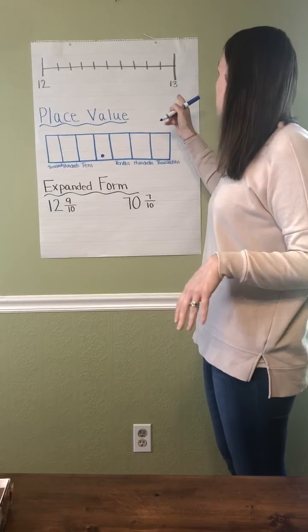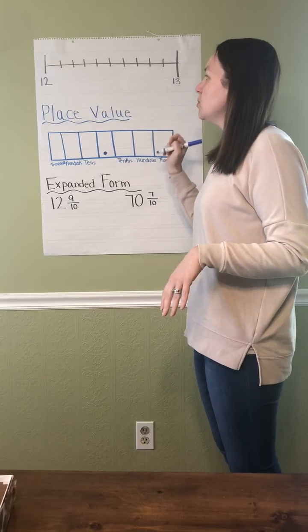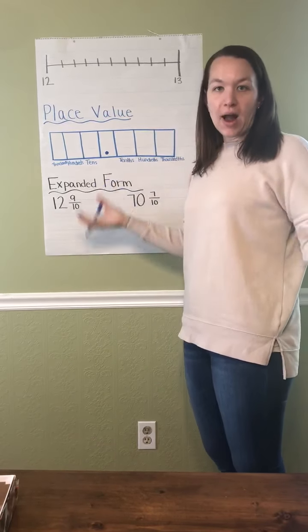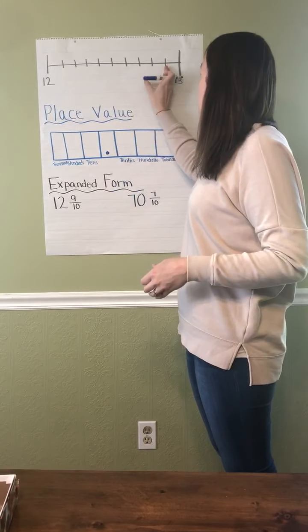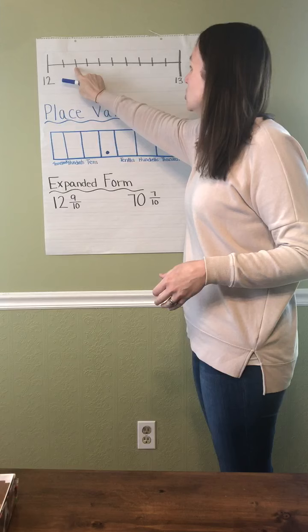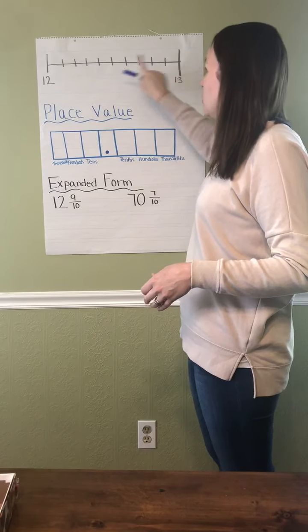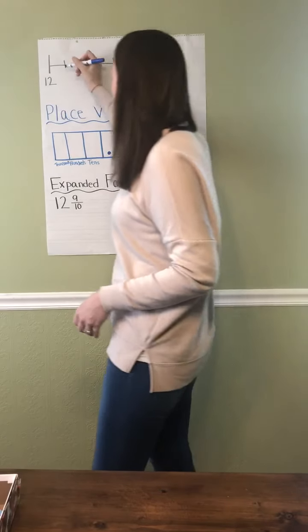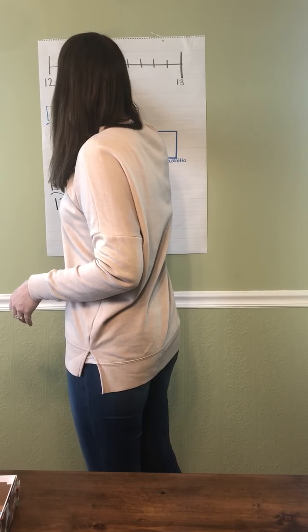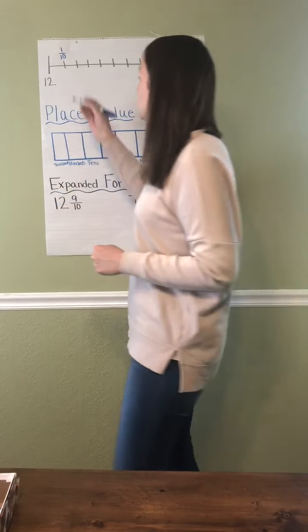So one of the ones I saw that you guys had some trouble with was on the number line. When we are working with decimals, it's really like a fraction. So each one of these markers is a fraction. If there's 1, 2, 3, 4, 5, 6, 7, 8, 9, 10, we know that each one of these is going to be worth 1/10. Now, since we are working with fractions, what that's going to look like is